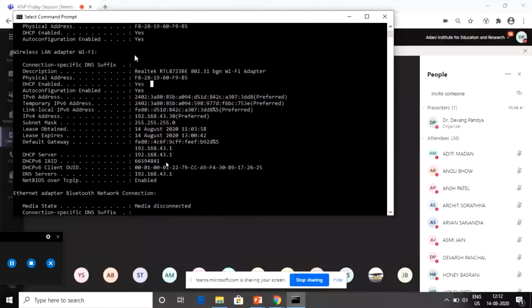Another interesting point which we will come to in our next session: which two other IPv6 addresses are you able to see? Can anyone speak out? Two other IPv6 addresses are visible on the screen, what are they? Can someone read out?